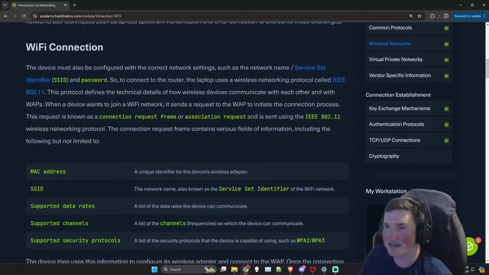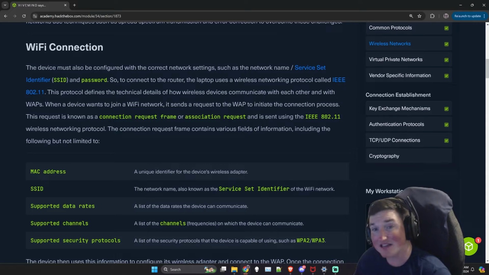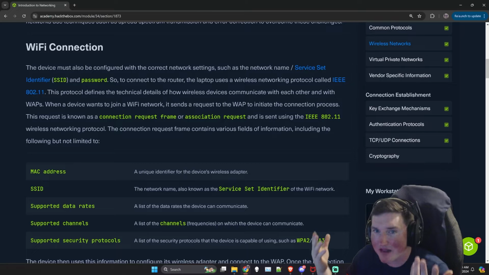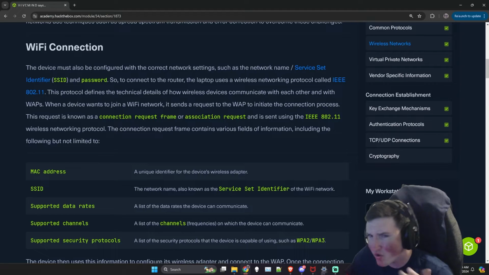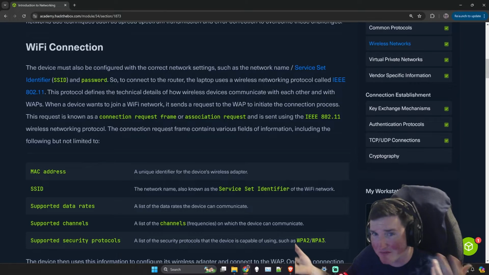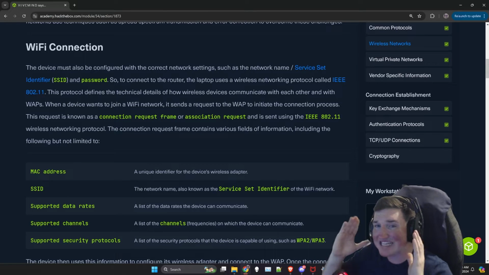What I mean by that is, if we didn't set a standard, you would go buy a router or access point from Walmart, right? When you buy it, guess what? It may work, it may not. Why? Because they may just make up how they did it. They may do something totally different than everybody else, and your computer's like, I don't even know what they're talking about, right? You have to set a standard.